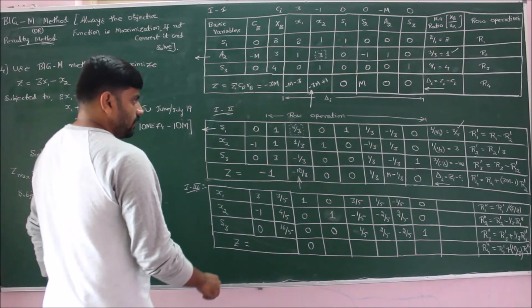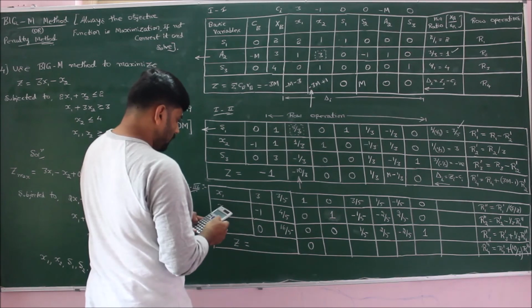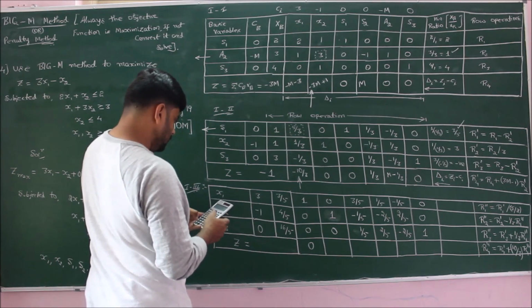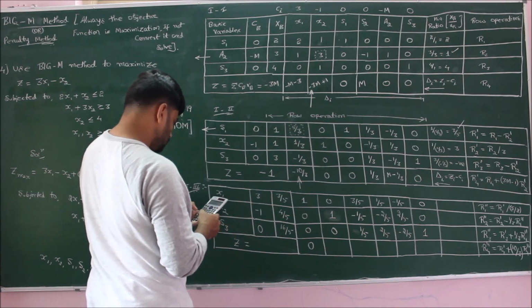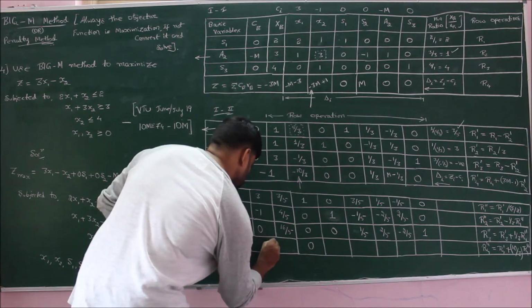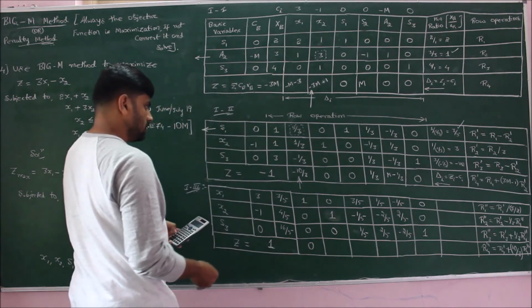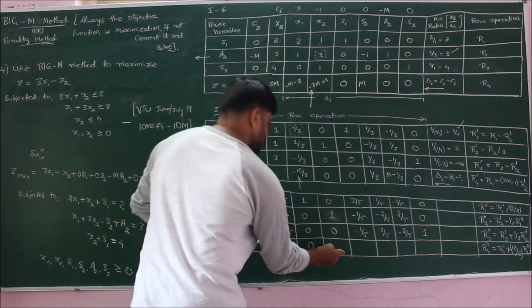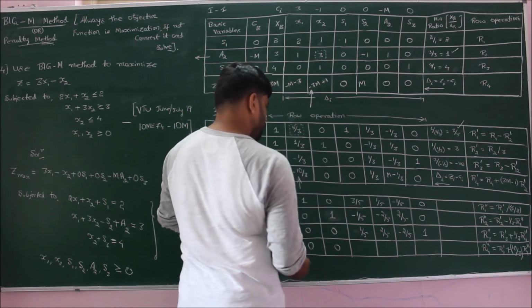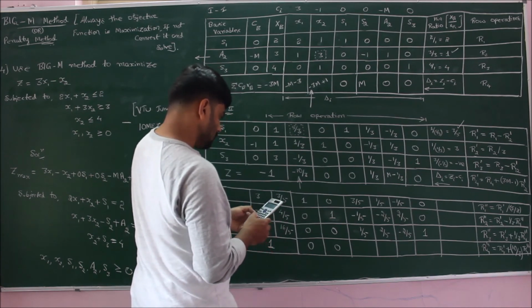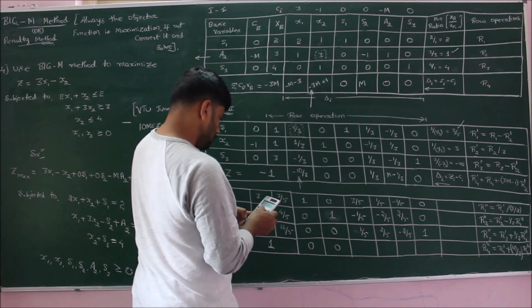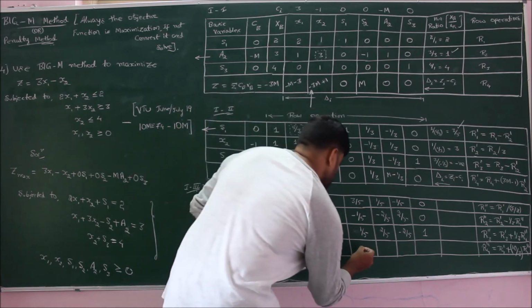Next, moving for the final row, here we have minus 1 plus 10 by 3 into 3 by 5, which gives the value as 1. Here we have 0, here also 0, it will become 0. Here we have 0, here we have 3 by 5. So therefore 10 by 3 into 3 by 5, which gives us the value as 2.